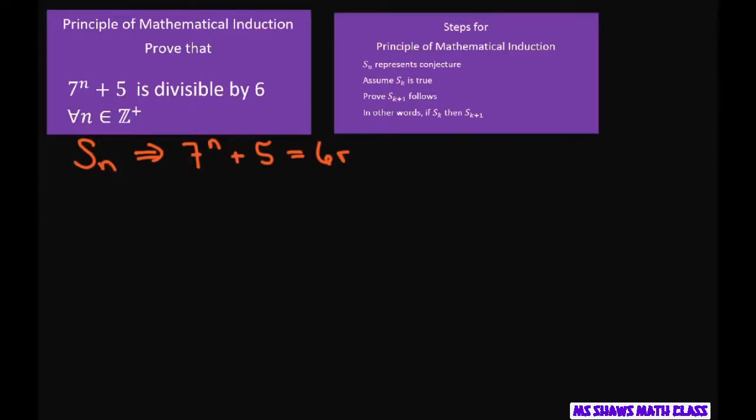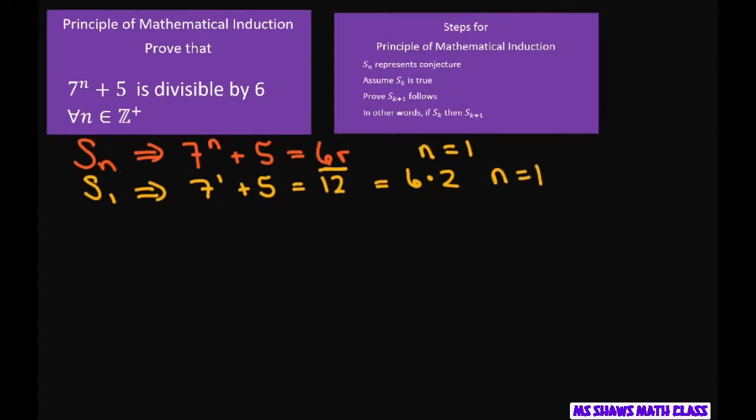So now we want to verify for step 1 that it works for n equals 1. If we verify this, we get 7 to the first power plus 5 equals 12. And since 12 equals 6 times 2, it's valid for n equals 1. So that works. So now we're going to assume that it's true for s sub